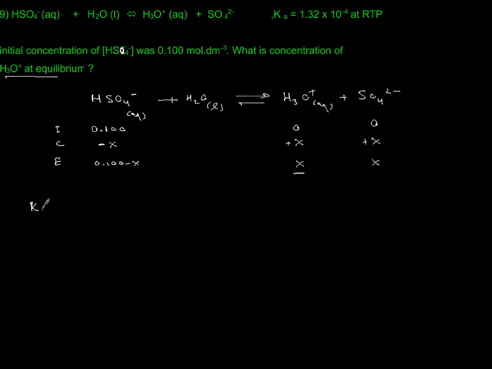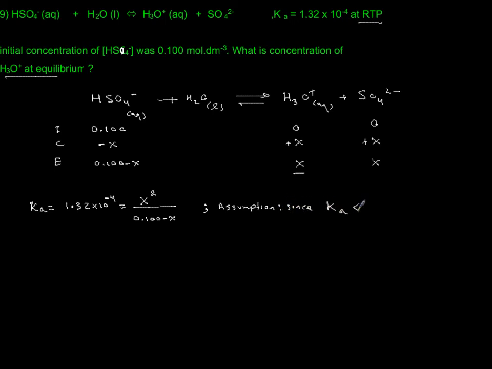So Ka in this case is 1.32 times 10 to the minus 4 at RTP, room temperature and pressure, which is standard condition, and is equal to products over reactants. I can write it as X times X, which is X squared, divided by 0.100 minus X. You can solve quadratically, but there is no need, and you can make an approximation or an assumption. So the assumption, you should always write it. Why do you assume and what do you assume? Since